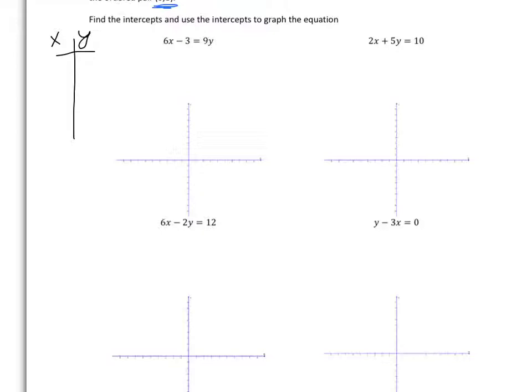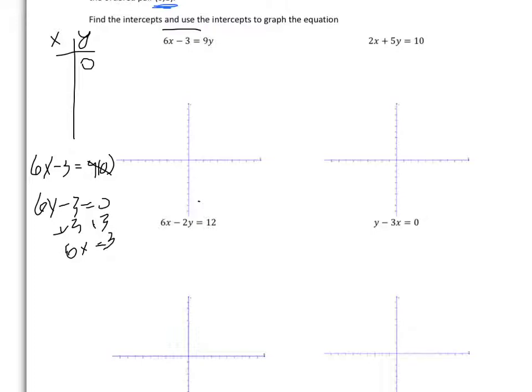Now we're going to first find the x-intercept, so we're going to plug 0 in for y, into this equation here. So plugging that in, we have 6x minus 3 equals 9 times 0. So we're plugging 0 in for y. 0 times y is 0, so we get 6x minus 3 equals 0. Add 3 to both sides. We get 6x equals 3. Divide by 6. We get x equals 3/6, or 1/2. So we know that 1/2, or 0.5, comma 0, is the x-intercept for this graph,